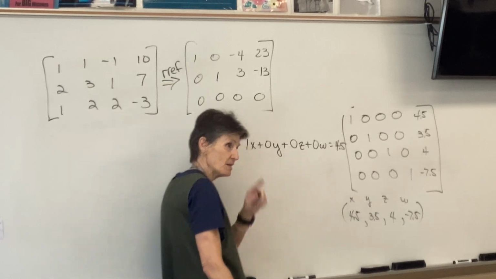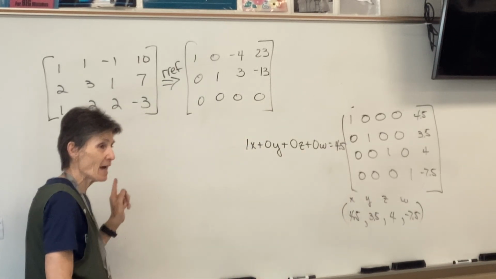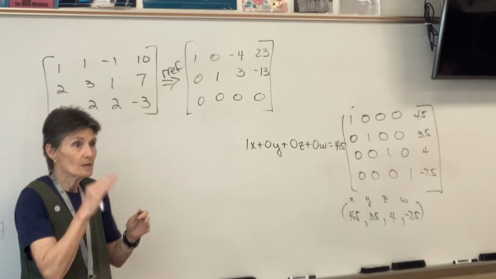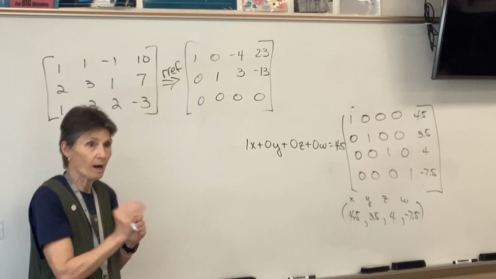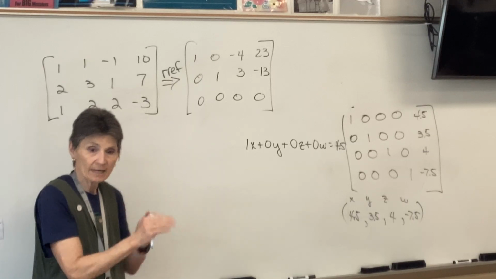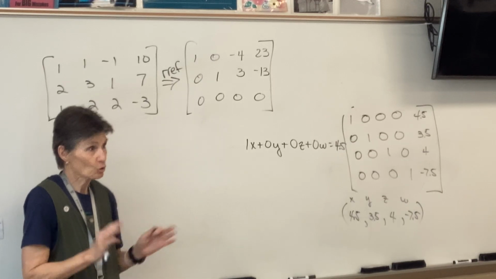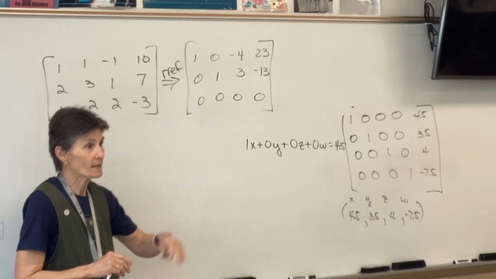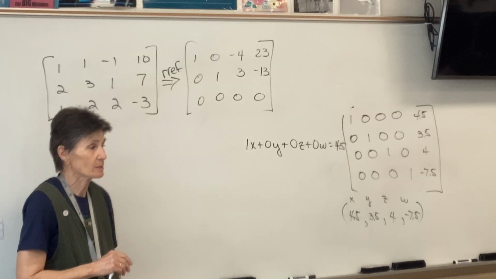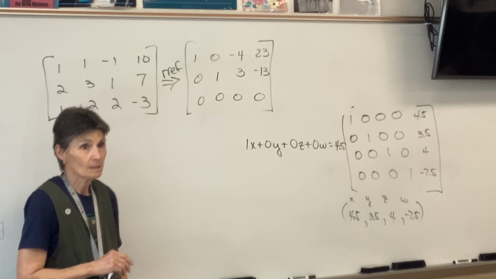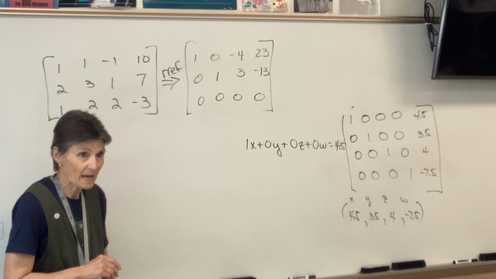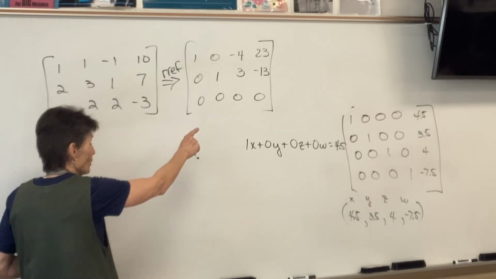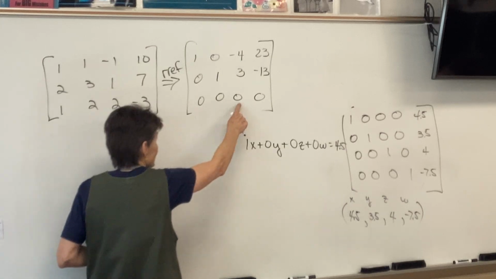Okay? This bottom row is very problematic. This bottom row literally says what? No x's, no y's, no z's, add up to nothing. True or false? No x's plus no y's plus no z's equals 0. True or false? That's a true statement. So how do I interpret it in terms of getting an answer? Very simply, I say